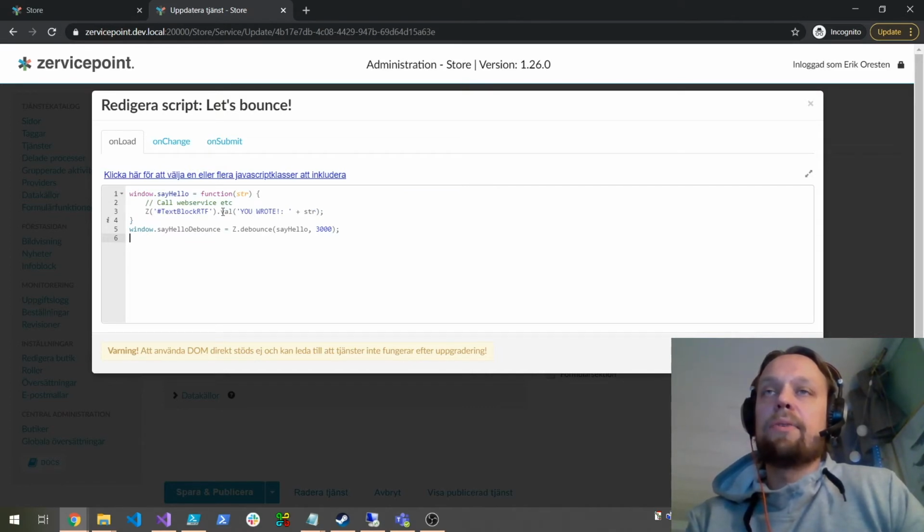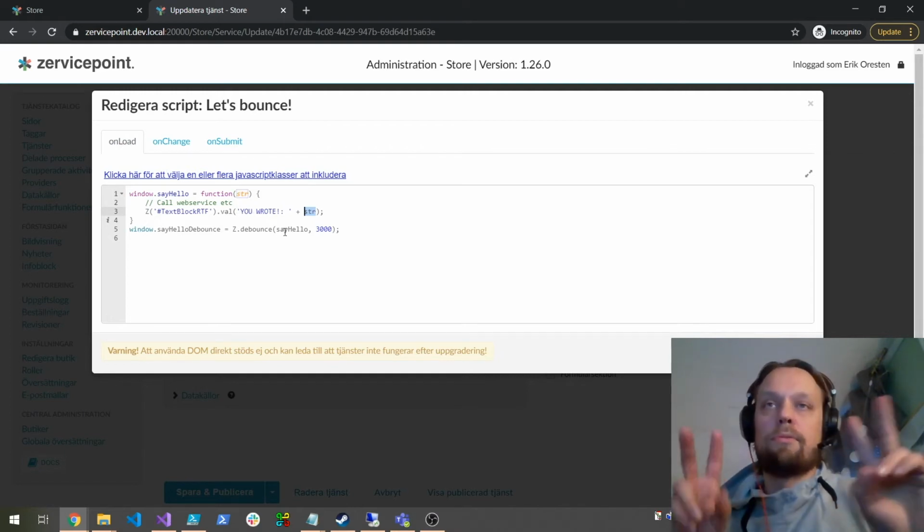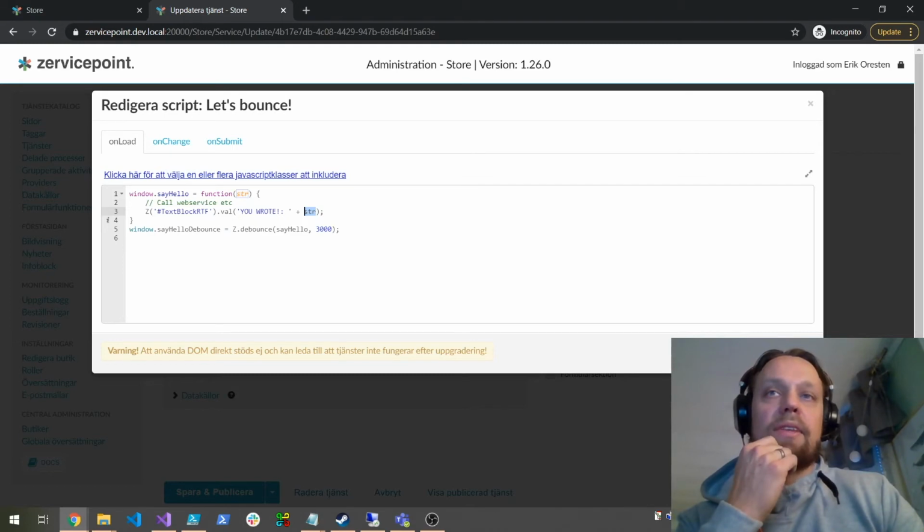And in here we do actually what we did before. We take the text you wrote and we put it in the RTF. So we take this string value here, and that comes in here, and then we put it here next to "you wrote". Okay, and so if we try this,